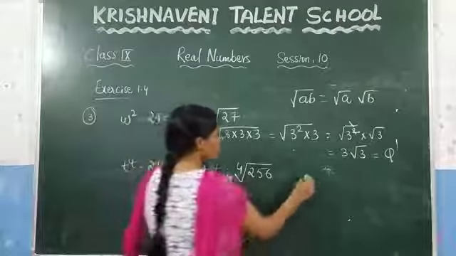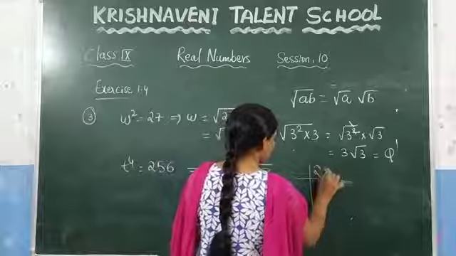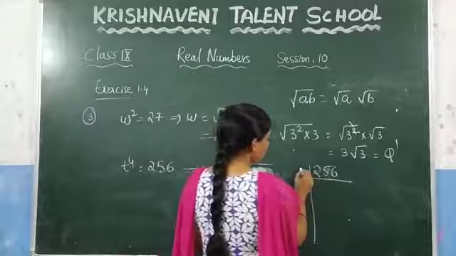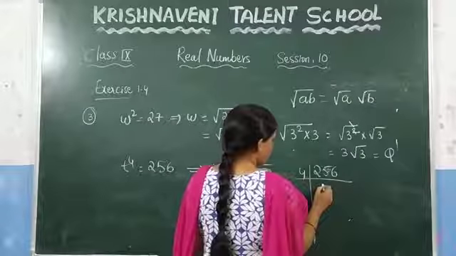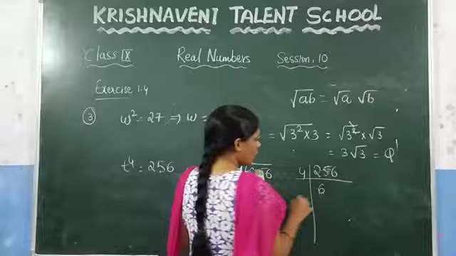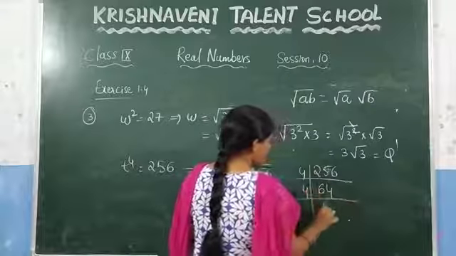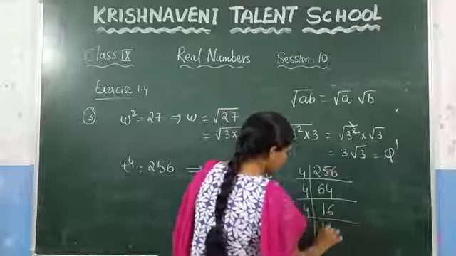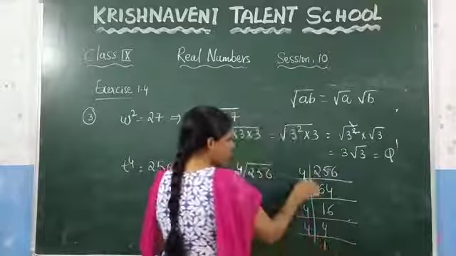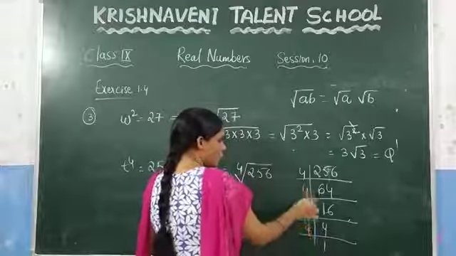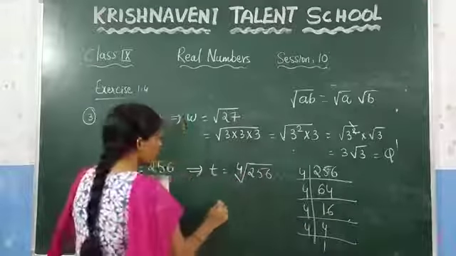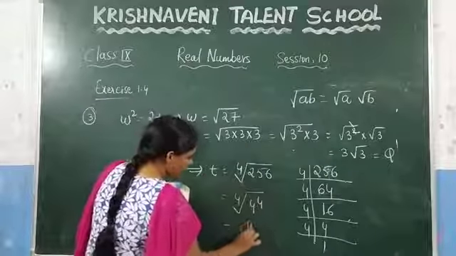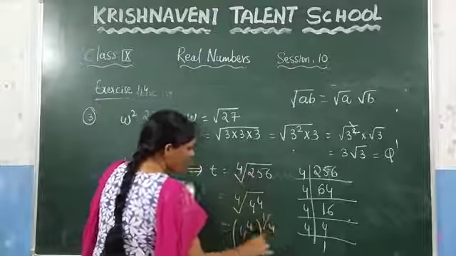We will check. Now do the factorization of 256. In which table will it get cancelled? Now check it. In the 4 table, 4 6s are 24, 1 will remain; 4 4s are 16. Again 4 1s and 4 6s. Again 4 4s are 16. Now 4 1s. How many times is this 4 repeating here? 1, 2, 3, 4. So we can write this as 4 power 4. So here this one we can write as 4 power 4, whole power 1 by 4.